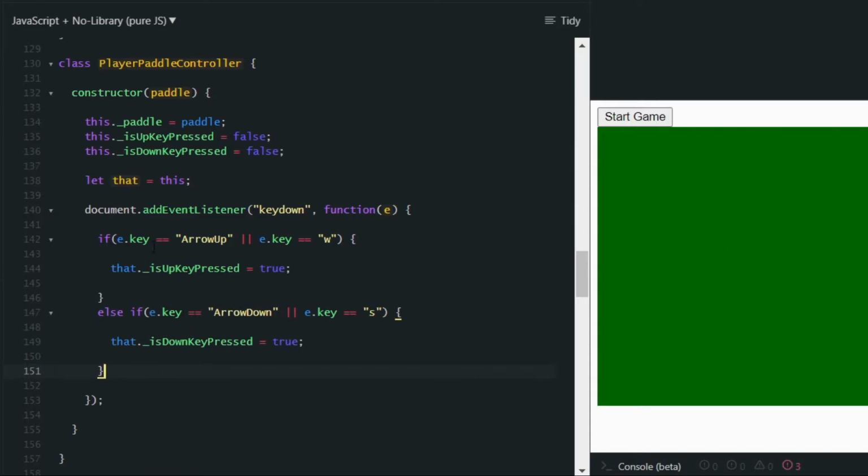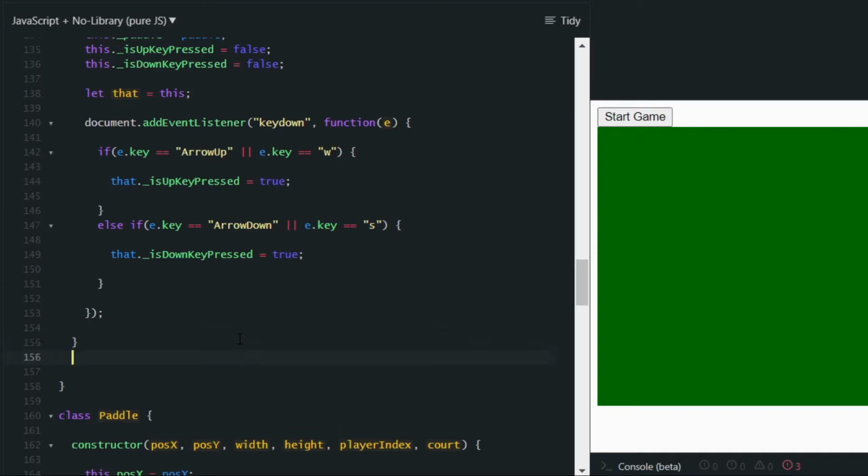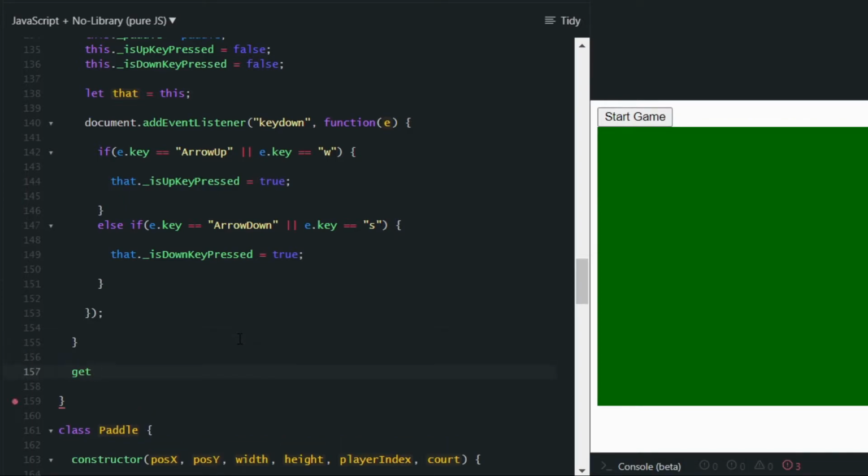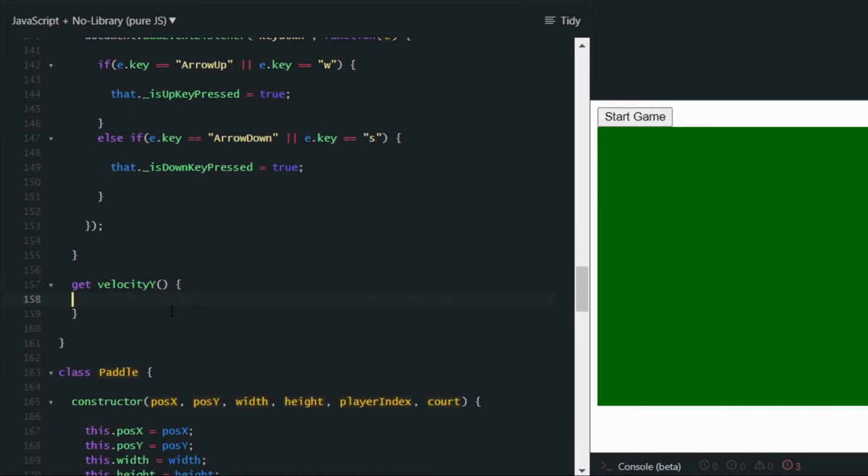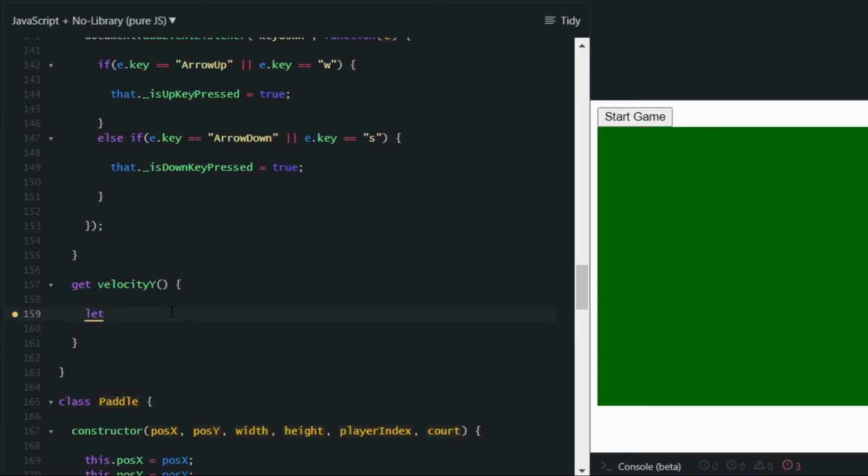And we can then check in our update method that we're going to create, well, if one of these fields is set to true, and if so, then we're going to move the paddle. Let's maybe create a property here, which only has a getter, and it's named velocityY, the velocity on the vertical axis. I'm going to declare and initialize